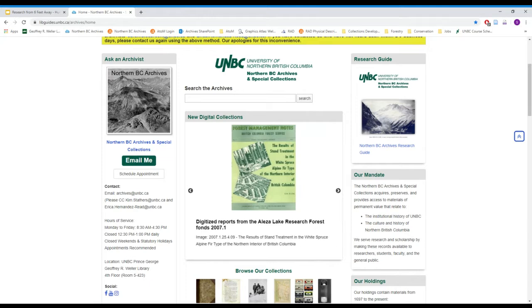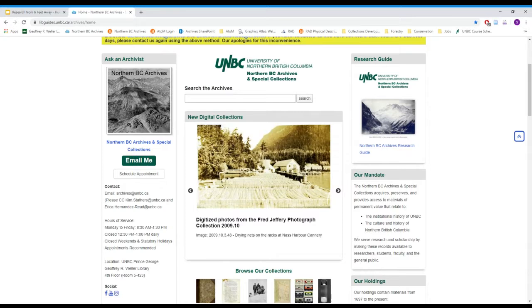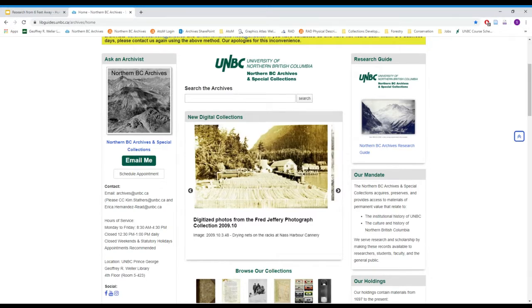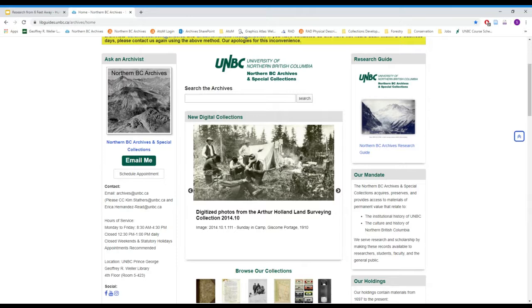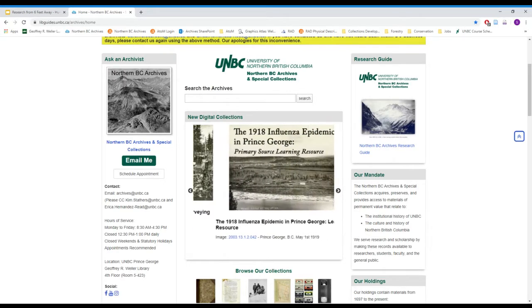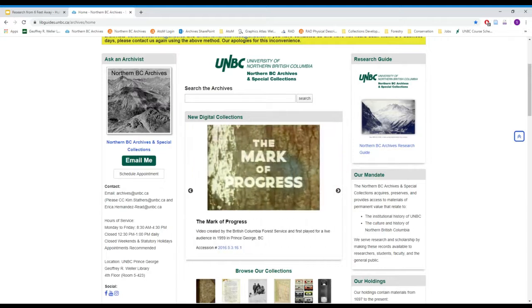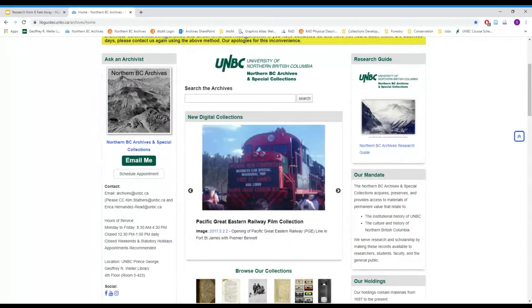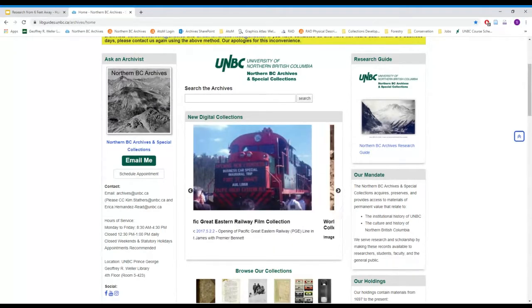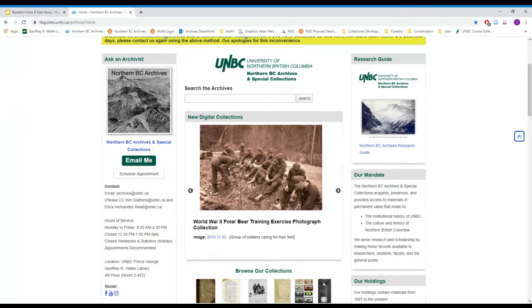and some objects. In special collections, we collect publications such as privately published local books, local newsletters and magazines, and publications on the history or culture of Northern BC communities. Our geographical focus is north up to and including the BC border with Yukon Territory, south up to and including the Cariboo-Chilcotin, east up to and including the BC border with Alberta, and west up to and including Haida Gwaii.